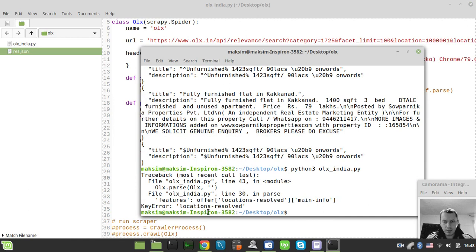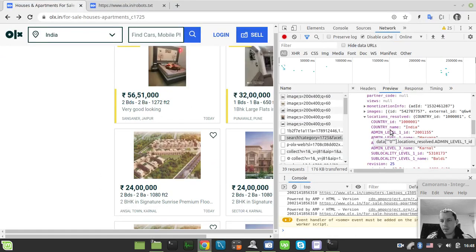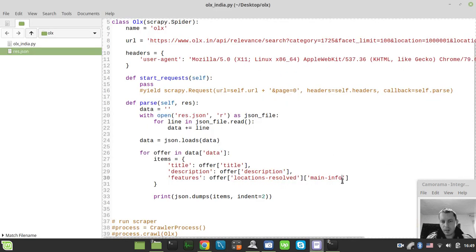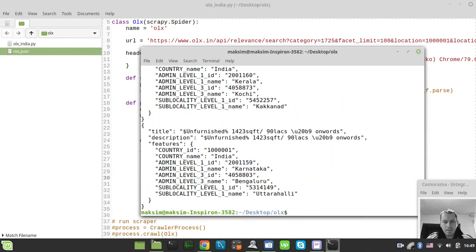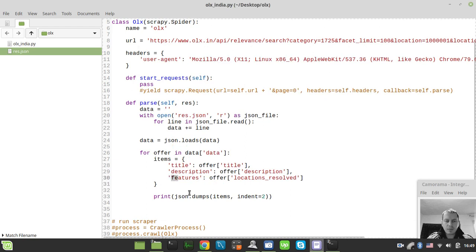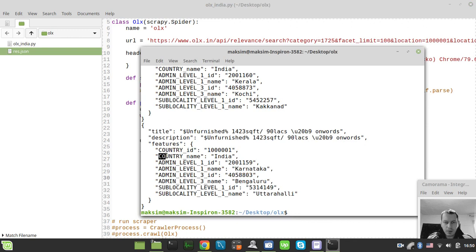Okay, oh, I did spell it slightly wrong apparently. It says locations resolved. Well, strange. Okay, I've just realized that there is the underscore instead of the dash. Okay, and from this kind of guy, but hold on a sec, no, we don't really need this. Probably we could have needed this to extract the address, maybe just the location itself, so yeah, not the main features. Okay, so we call this location in this case, and we will be using country name,